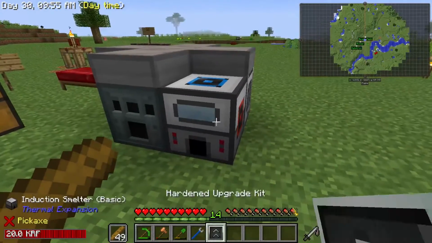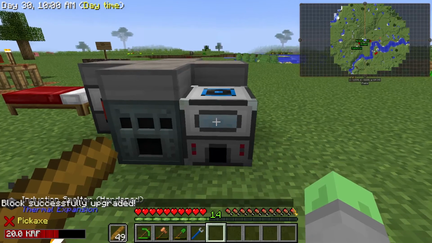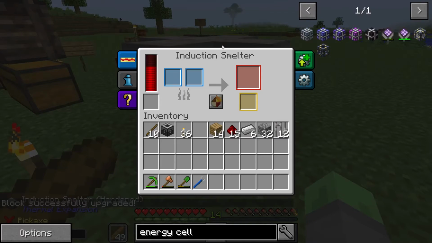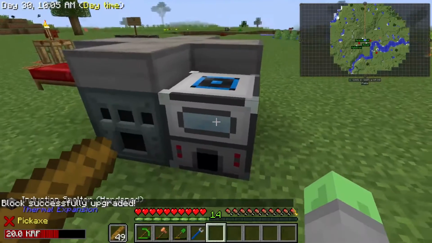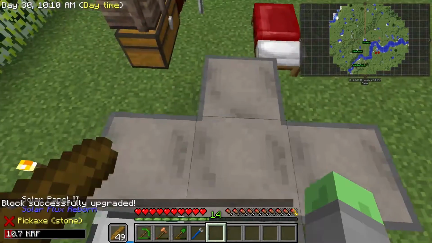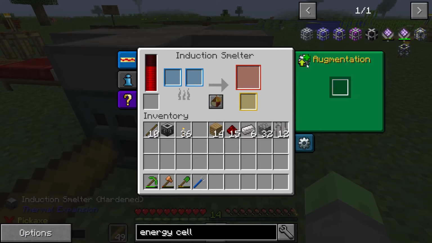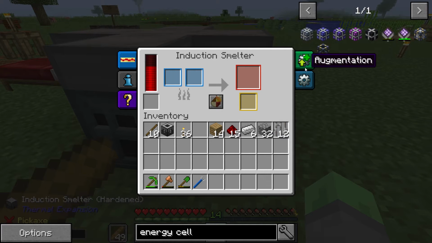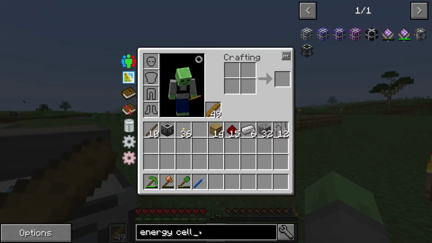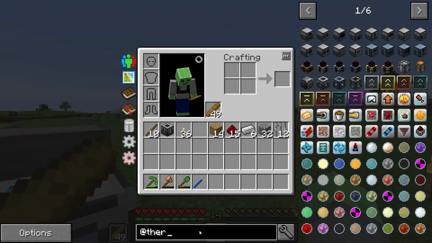And so, if we right-click on something, you can see that in chat it says block successfully upgraded, and now it has additional room for RF and will go faster. Anyway, it also has room for an augmentation, and there are a bunch of different types of augmentations inside the Thermal Expansion mod. And if we look at Thermal Expansion...